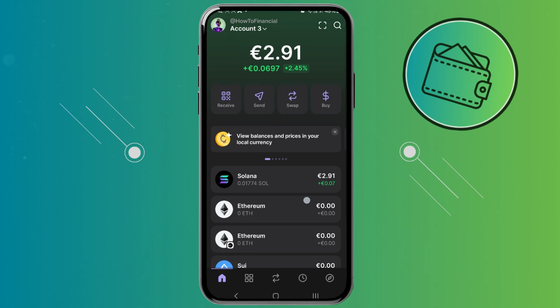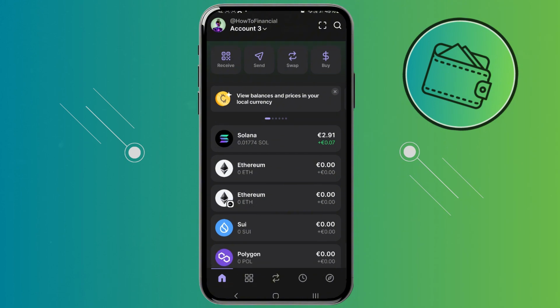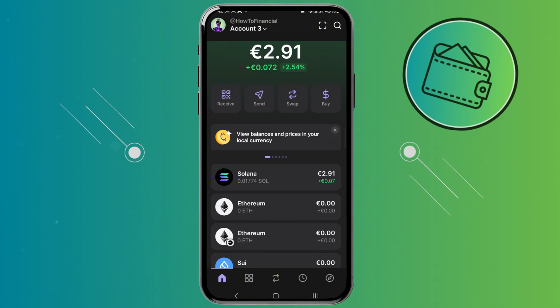euros. Also, you would be able to see the euro amount right here for each individual asset. So that's, guys, how you can change the Phantom wallet currency from dollars to